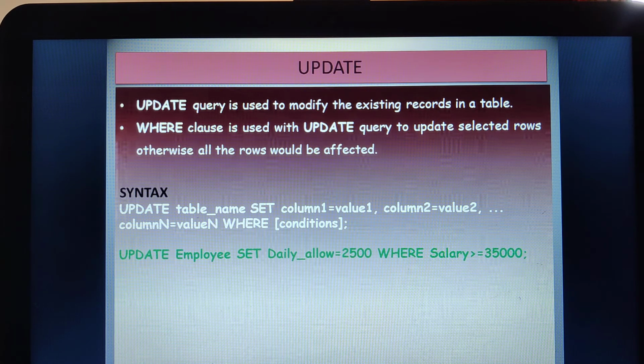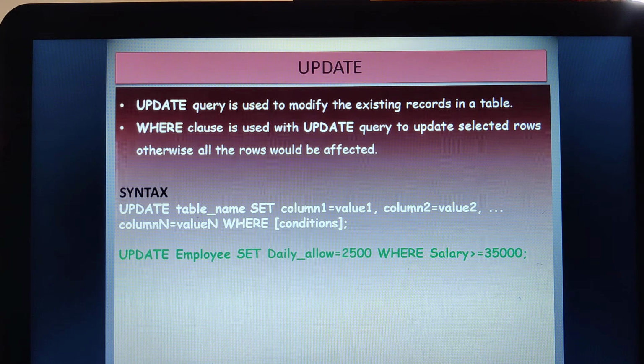One more example, like when I have to set the amount to be 50, the basic amount for the amount column as 50 in the electricity bill table. How we had the query: update electricity bill set amount is equal to 50. That means the newly created field, that is amount, will be entirely filled with 50, because therein I had not mentioned any where condition.